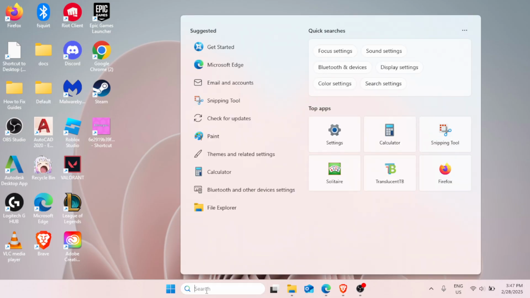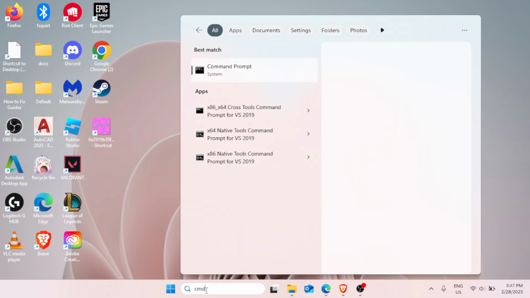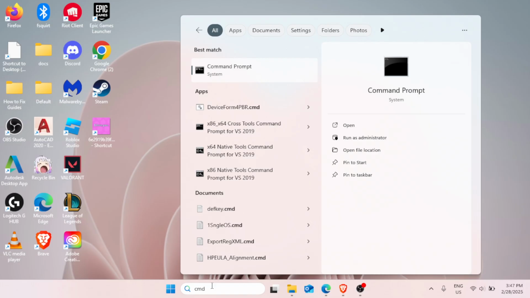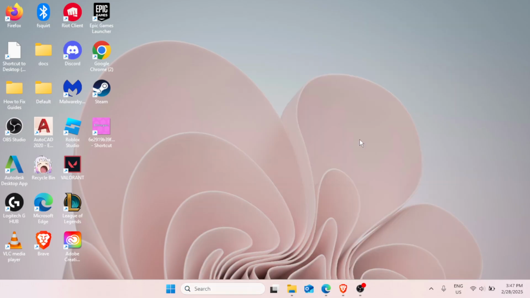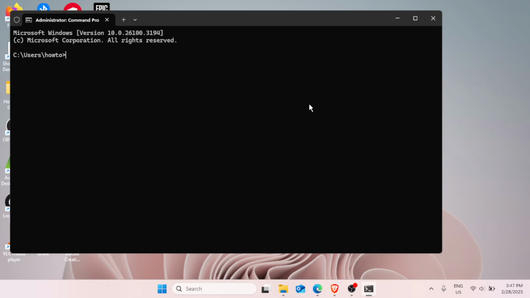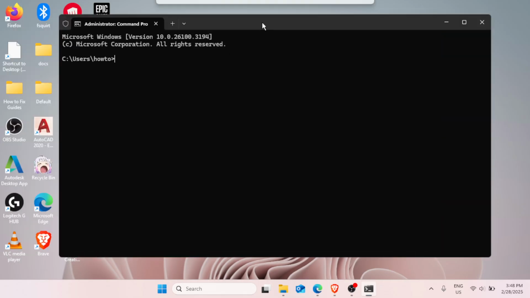So in the Windows search bar right here, type CMD. Then on the right pane, you have to click on Run as Administrator. Then this black window will appear. Now you have to simply type here